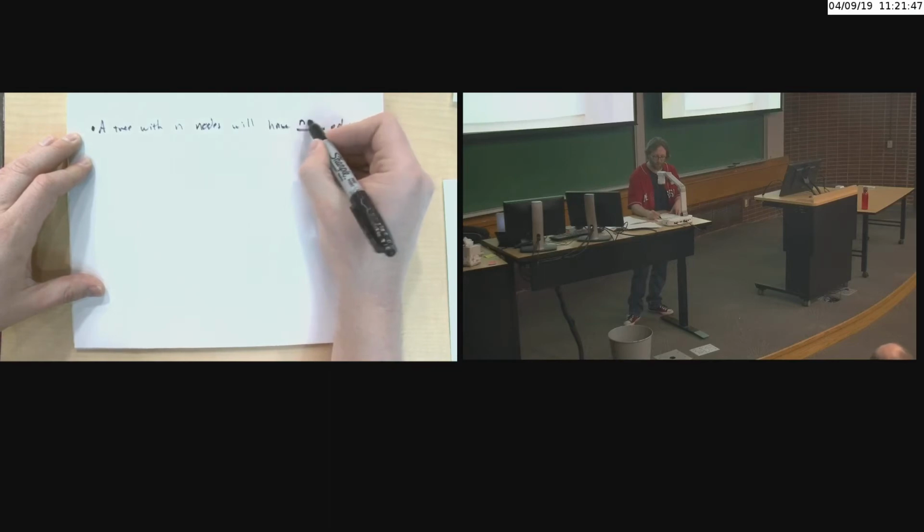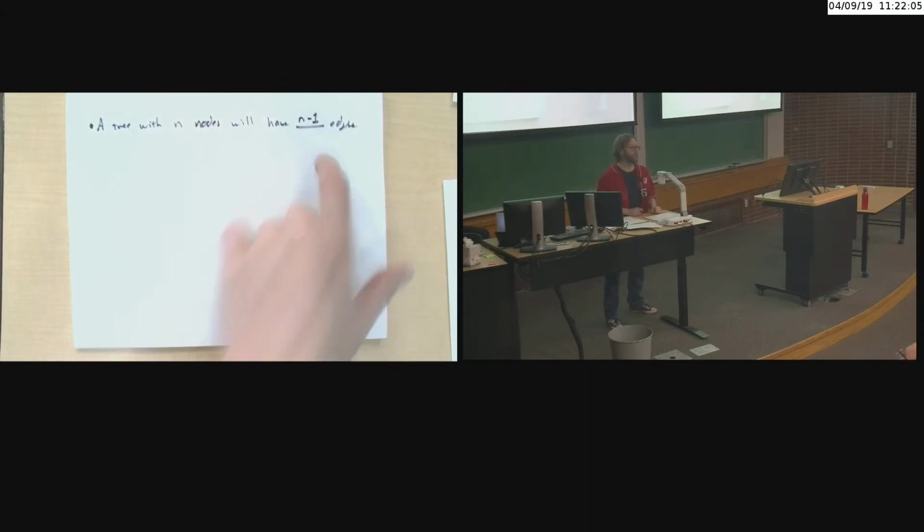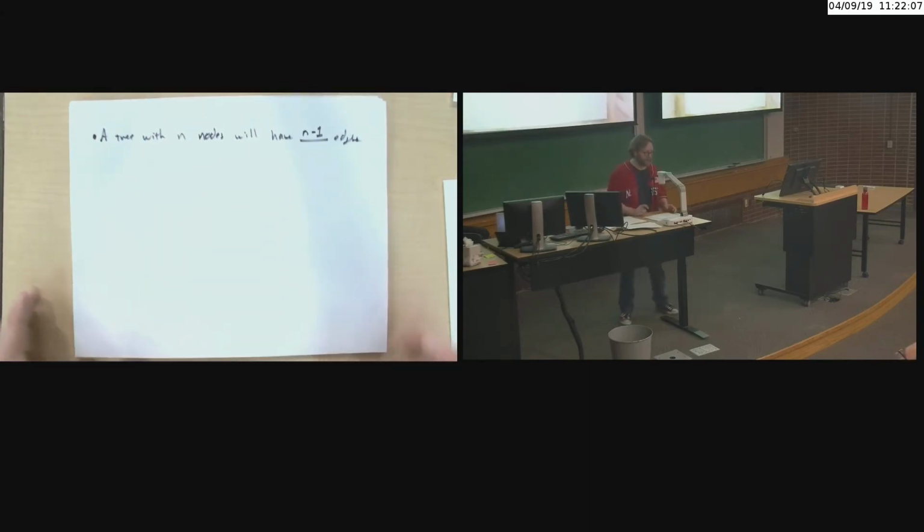N minus 1, right? Wow, that's really highly structured already, right? By restricting my attention to trees, things with no cycles, I've got a guarantee here that, and of course it's connected, if I've got n nodes, then I know exactly how many edges I have, right? Not only that, but